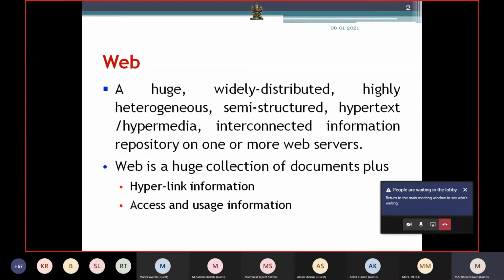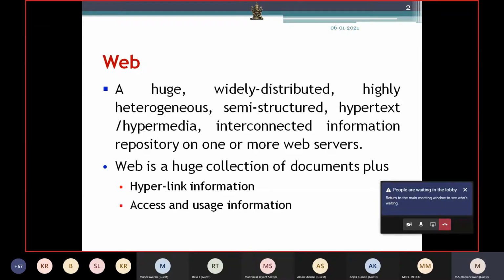So first we shall have an introduction, and we will slowly move into item set mining. Those who know can brush up on it; for others, it will be like, what is actually web mining? So first we can see what a web is. As we all know, the World Wide Web has several web pages. Web pages are created using hypertext documents, so it is a widely distributed, heterogeneous, semi-structured document. Each web page's content we can call a semi-structured document.